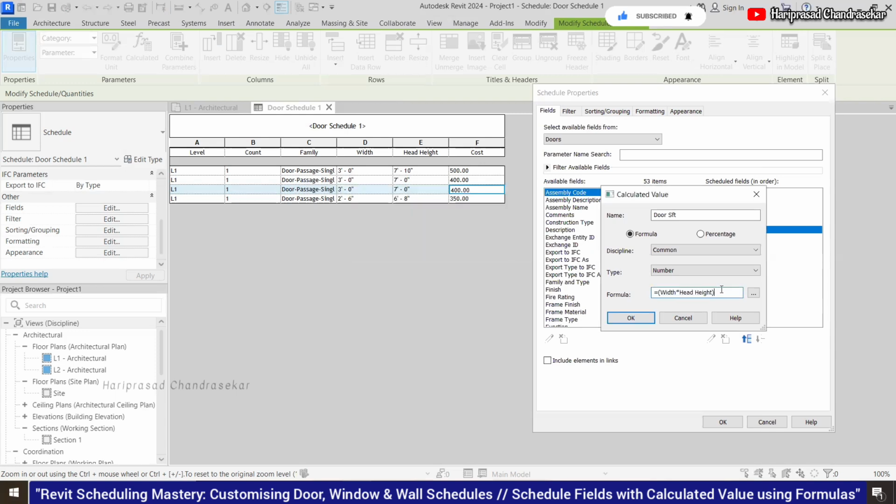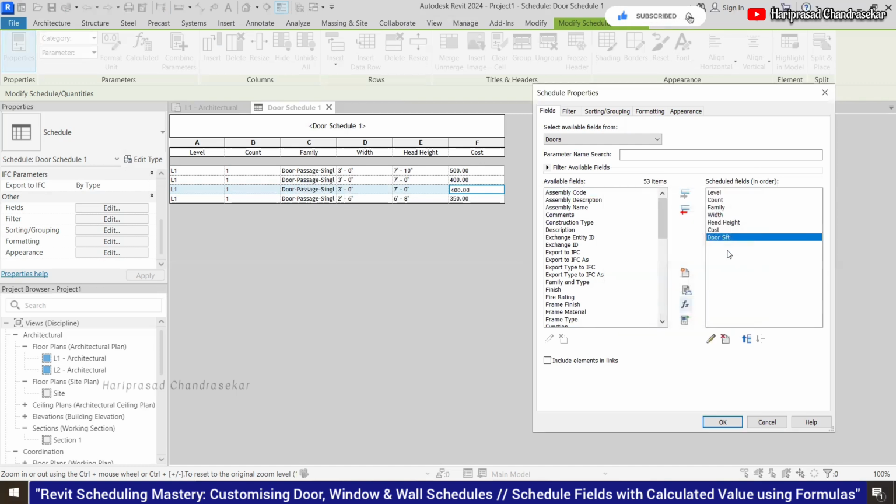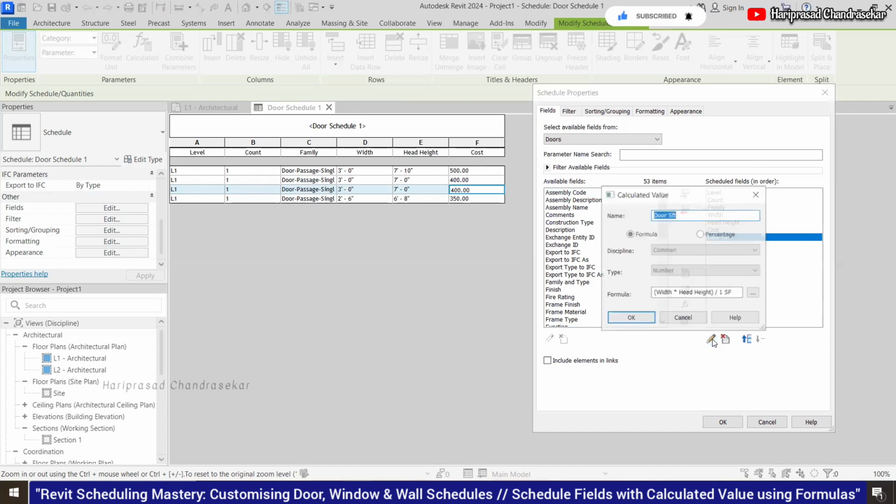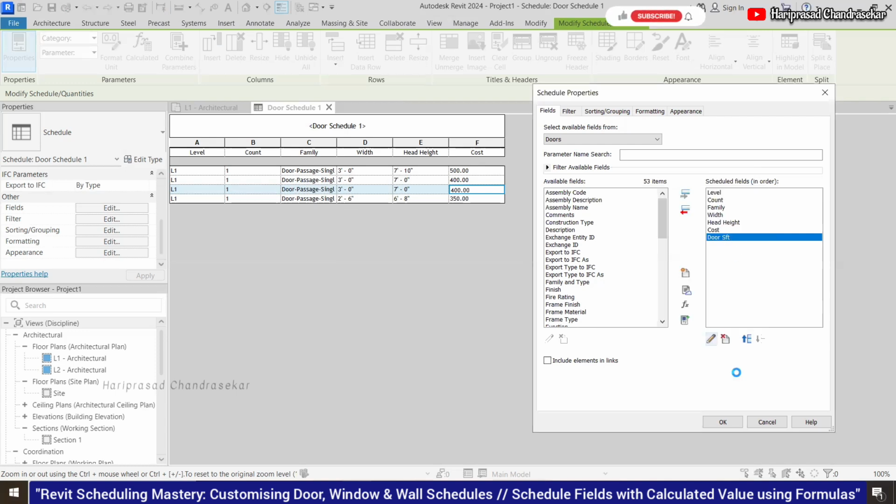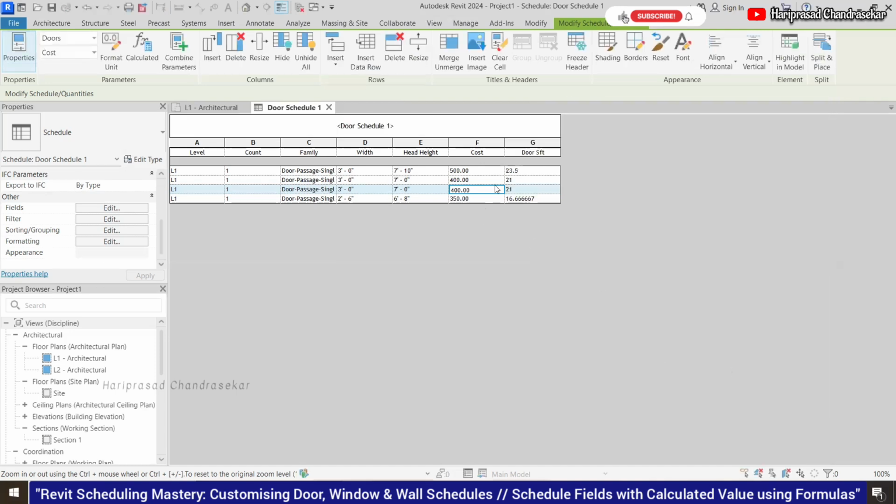If you are still getting that, try dividing by 1. So no need to put equal. Now you got what I was putting: width into height divided by 1 SFT. Then when you click OK, that SFT is also coming. You can see 3 into 7, whatever we have, it is coming here.